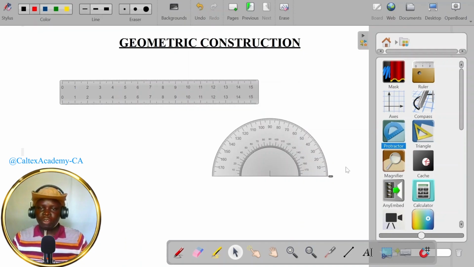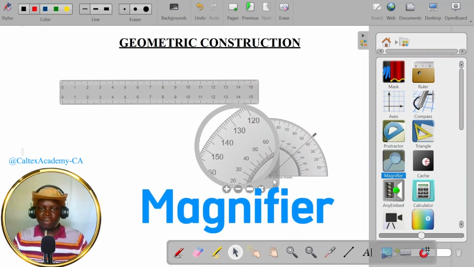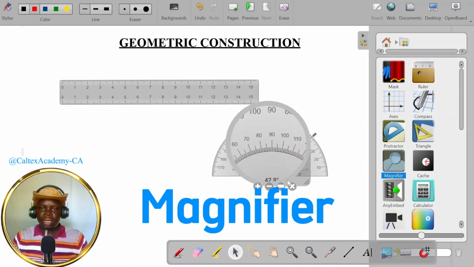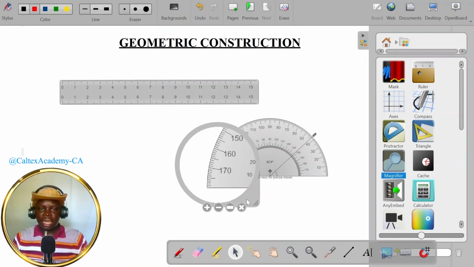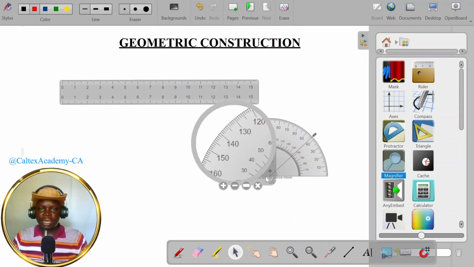Now here, how do you measure these angles? For me, I can just go and tap on this one and keep on. The other markings are a little bit smaller, so I can go ahead and get a magnifier. And with this you can see the protractor has two scales, the inner scale and the outer scale. So this outer scale is